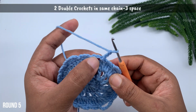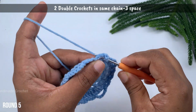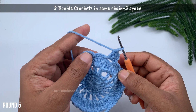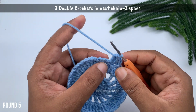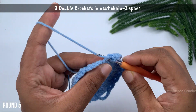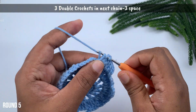After that work 2 double crochets into the same chain 3 space, 1 and 2, and then go into the next chain 3 space and work 3 double crochets, 1, 2 and 3,